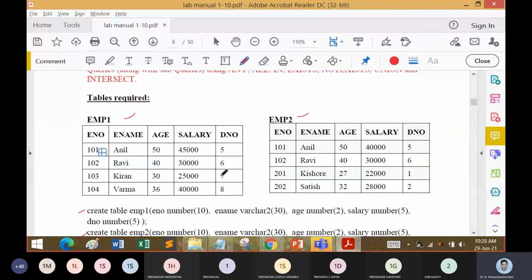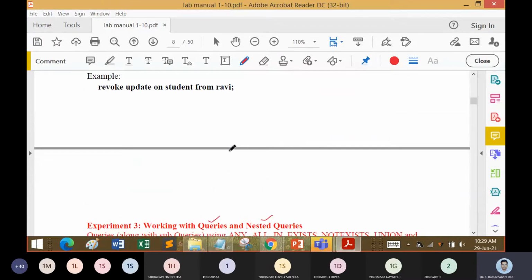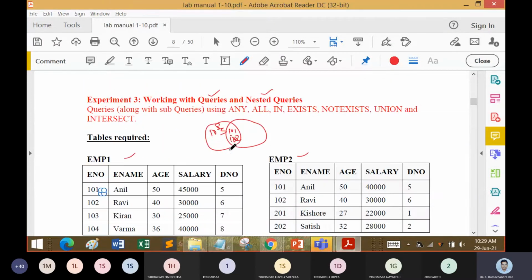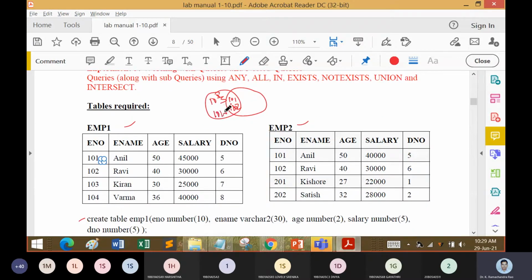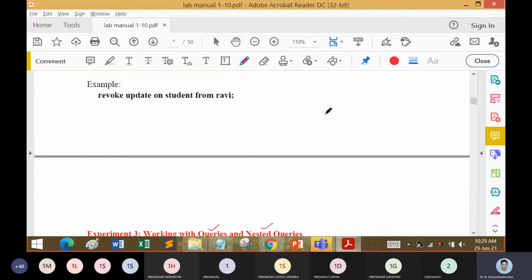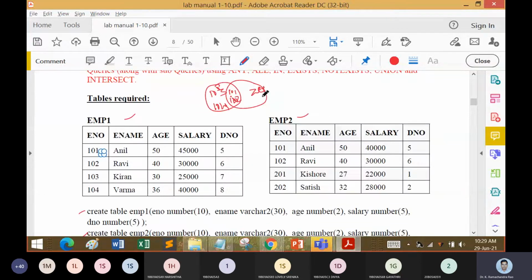So now we can draw a Venn diagram at this point of time. In this model, we can say 101 and 102, these are common, and 103 and 104, these are going to be the other elements here. 201 and 202, these are the elements of the second table.